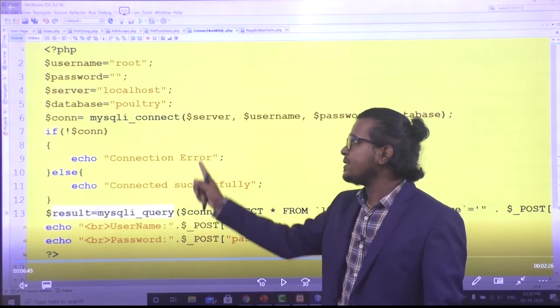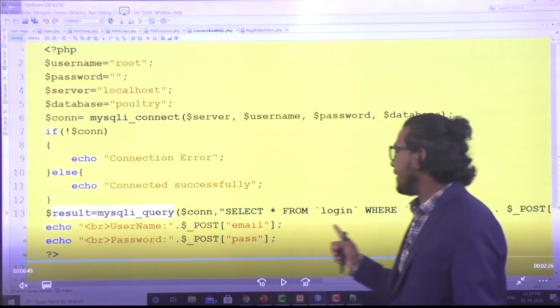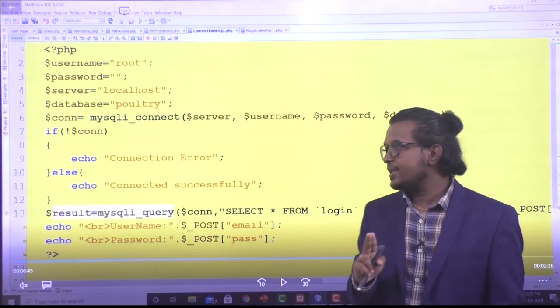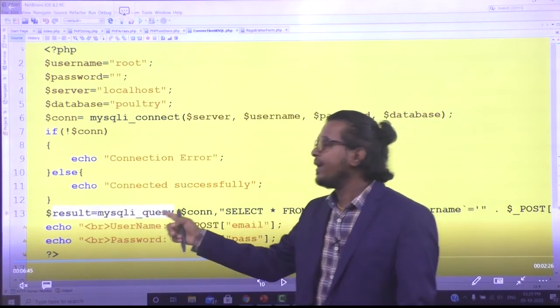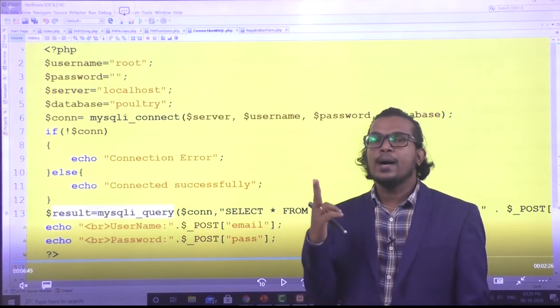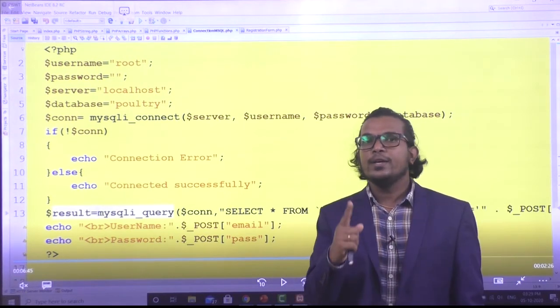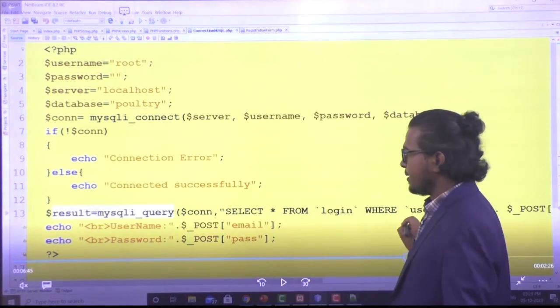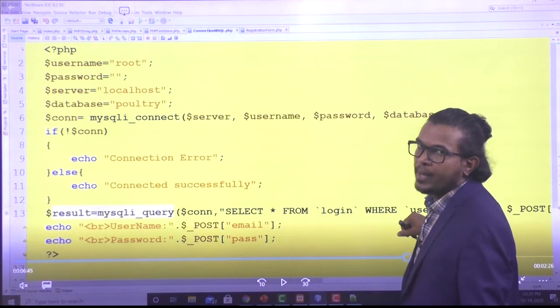First parameter is your connection, second parameter is your query string.